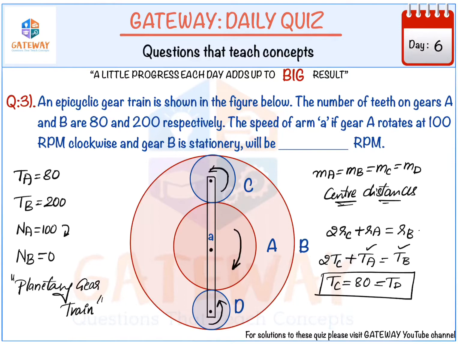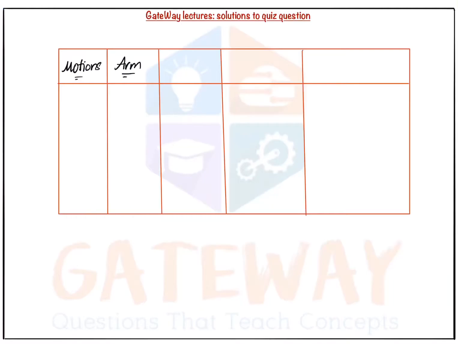Suppose we take A here, if you move in a straight line from A, you will be going with A and then C and then B. Similarly, if you go in this way, it is A and then D and then B. But if you start from C, you will be traveling again with D. D is a similar gear, so we should not travel in that way. So we will be taking A, which is interconnected with the arm, and for that A, C and D both are attached externally, and C and D are internal to gear B.